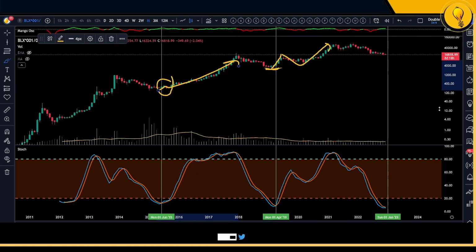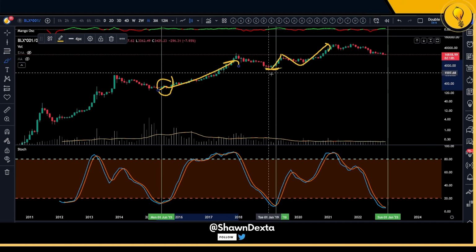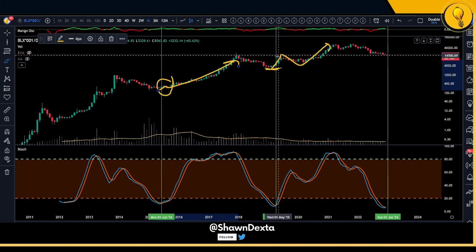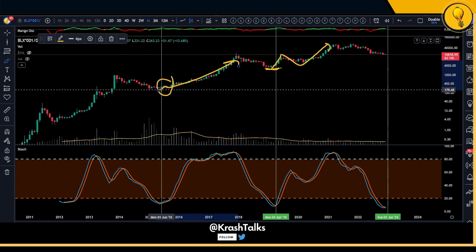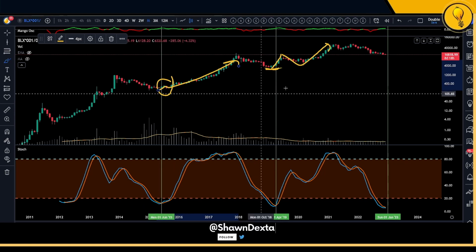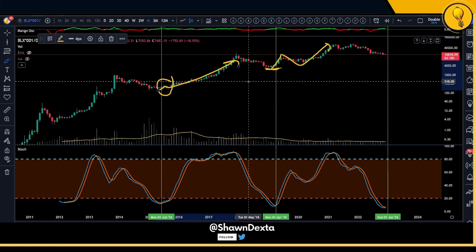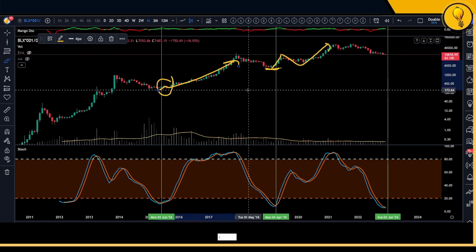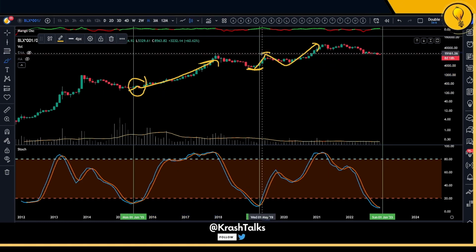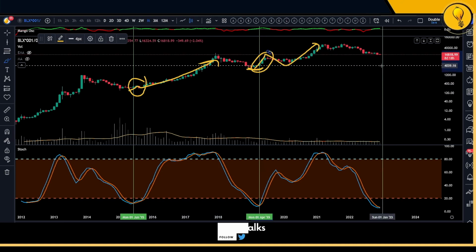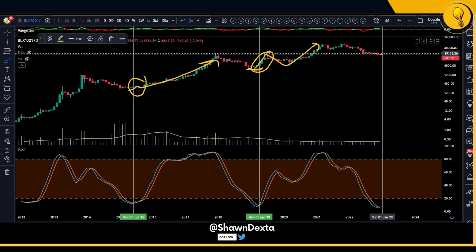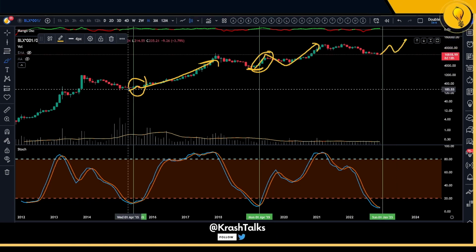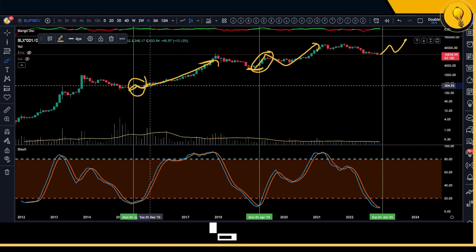Now, keep in mind that the 2017 push up was a lot more aggressive than the 2015 push up and higher low, right? And I have a feeling that far too many people, including me, including us in this community, are going to be looking towards 2017's market to repeat. Recency bias will have us thinking that we're going to have a big move to the upside, then a higher low, and then a continuation. But what if we get this, right? We have to keep that as a possibility too.